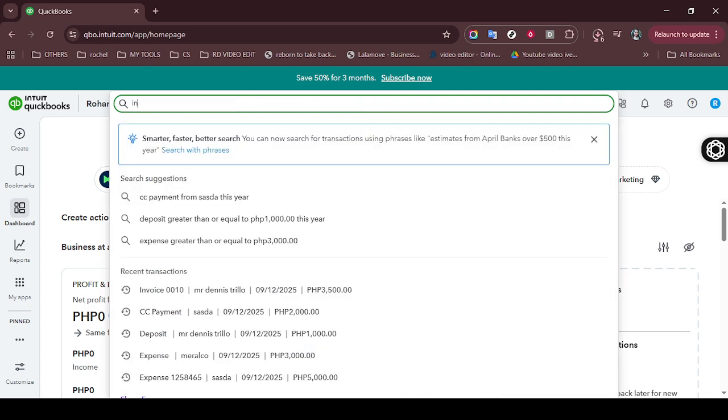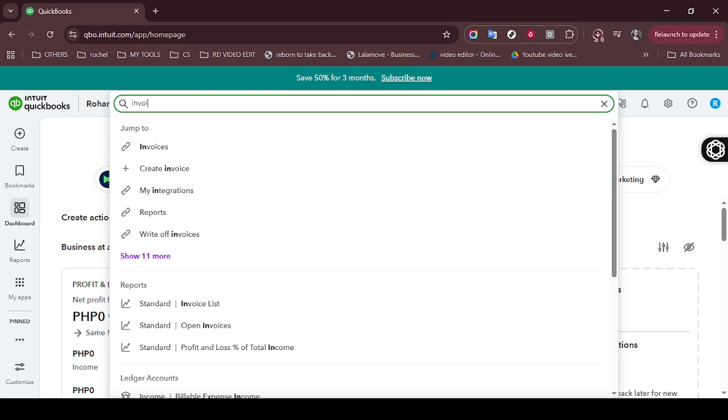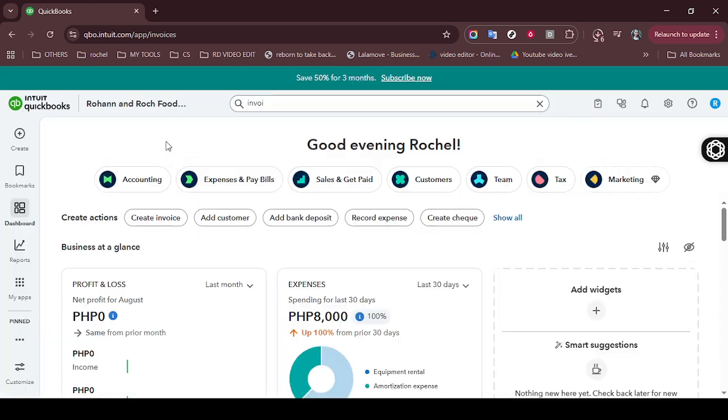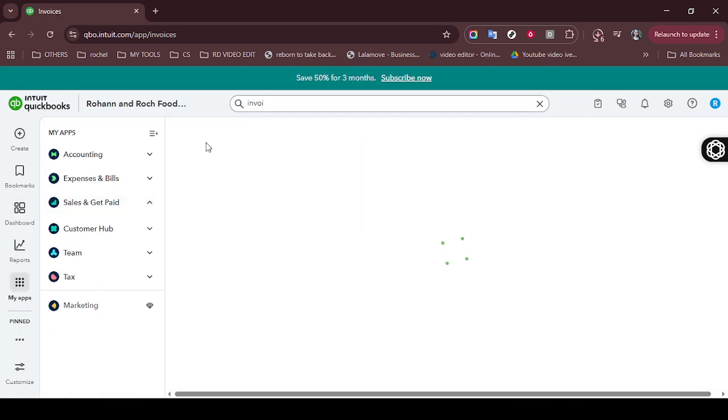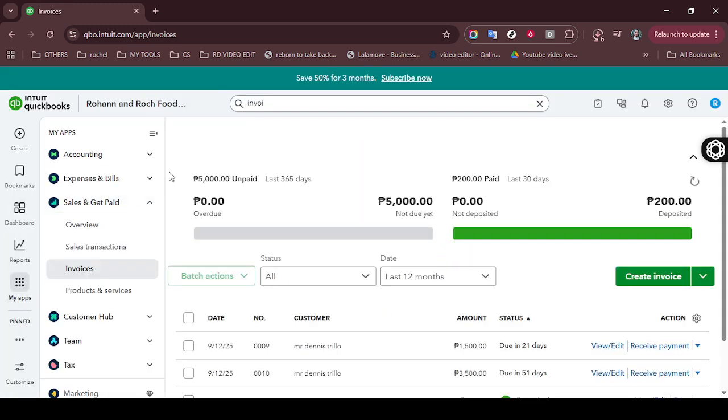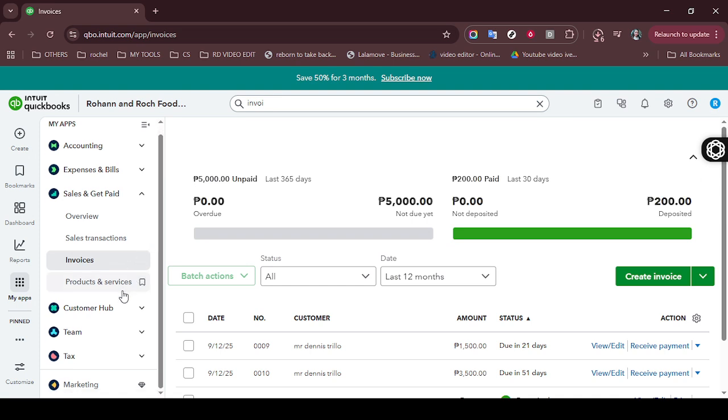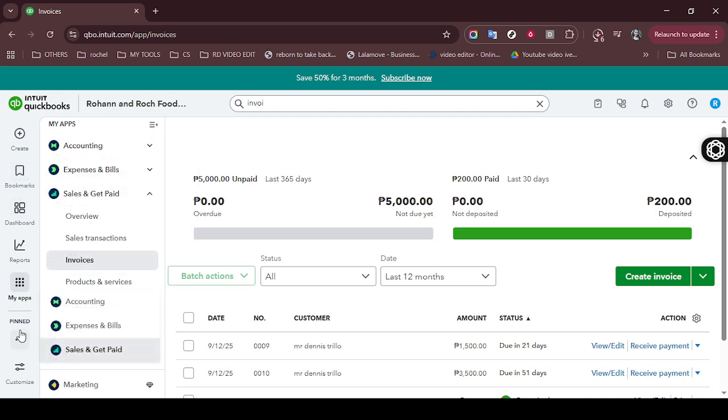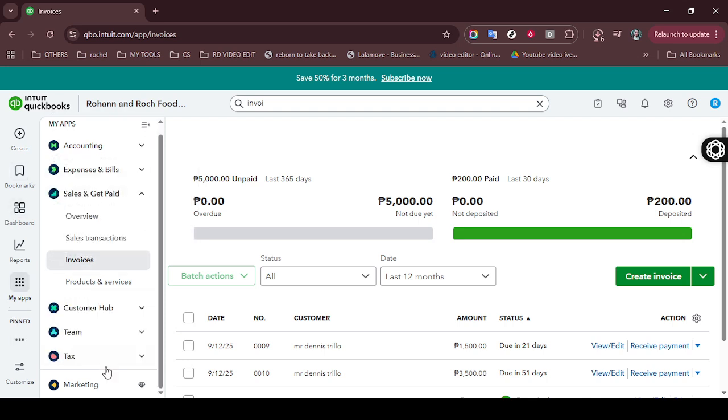Now that you're in the Invoice section, you'll see a list of all your invoices. Take a moment to locate the specific invoice you need to send. Make sure you're selecting the correct one by checking any relevant details such as the customer name and the amount. Click on the invoice you wish to send. This action will open up the invoice in full detail, giving you a complete overview of all the particulars associated